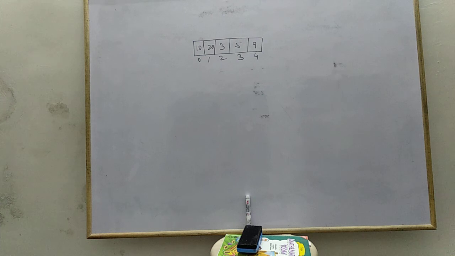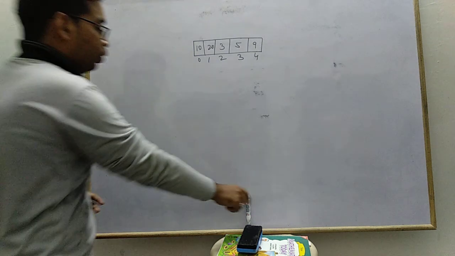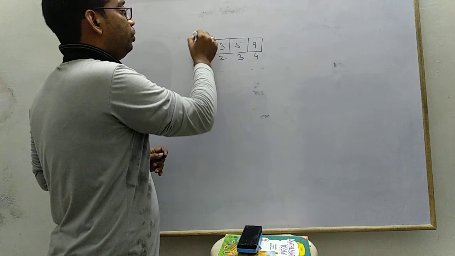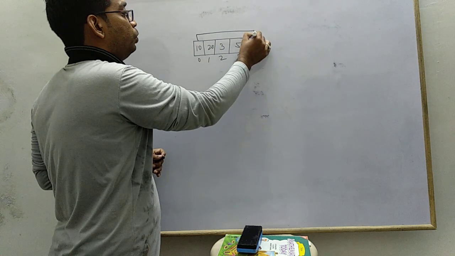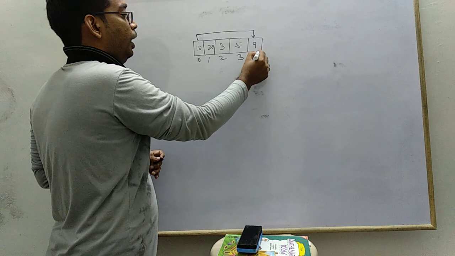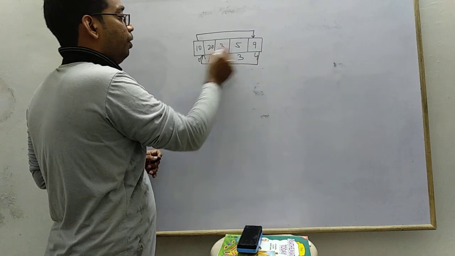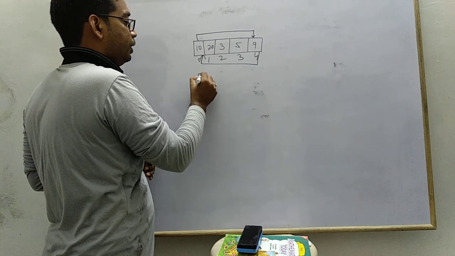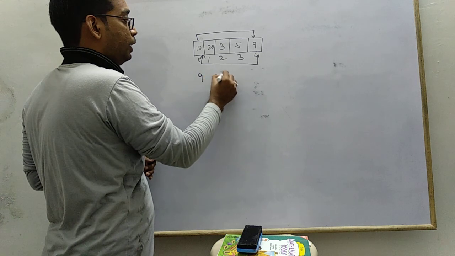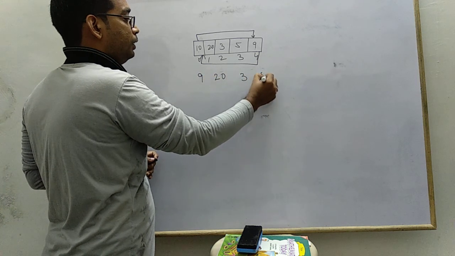In today's video, I'm going to explain the solution for the last stage program. As you see on the board, there is one array already drawn. The length of the array is 5. And what we want to do is interchange the values of the first place and the last place. That means this 9 moves to the first place like this, and the remaining things stay at the same place.